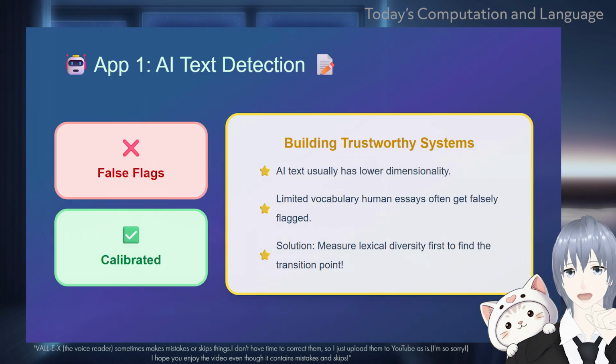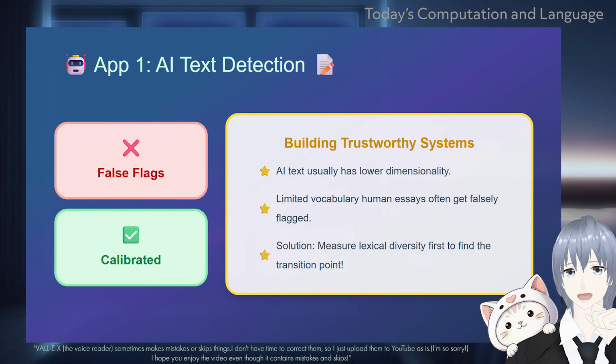This brings me to how this technology and these concepts can be applied to our everyday life in the real world. I had at least 3 specific application examples based on the content of this paper, and they are really quite impactful. The first specific application example is building much more reliable AI text detection systems.